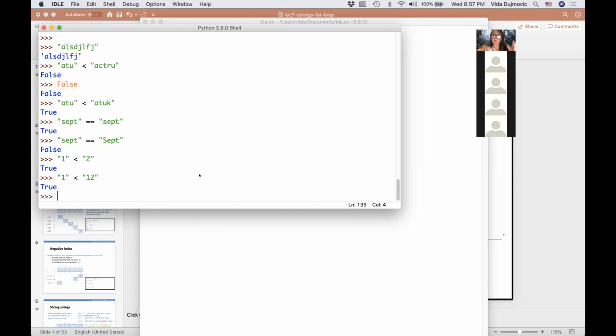And why? Remember, what's the algorithm for comparing strings? You compare the first character with the... oh, sorry, that's not the example I want. This one is definitely true. I'm talking about this one: is 2 less than 12? We're going to get false. Why?